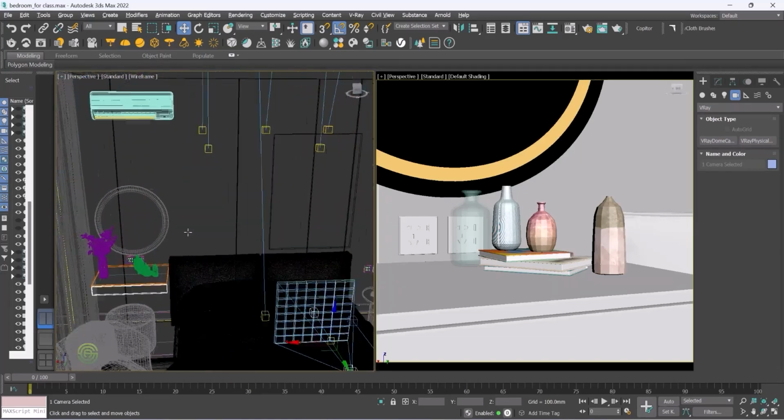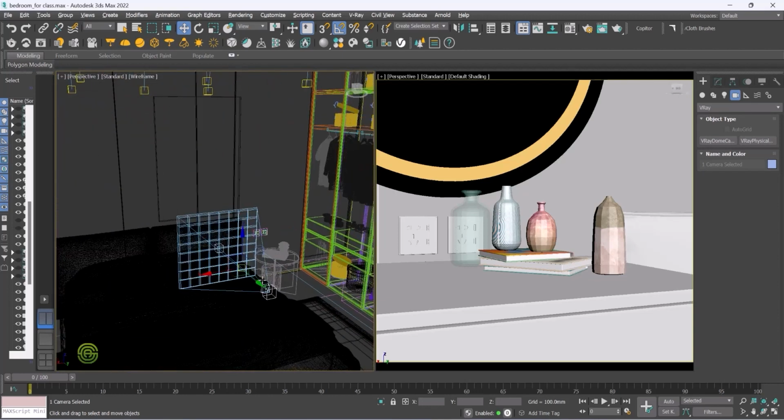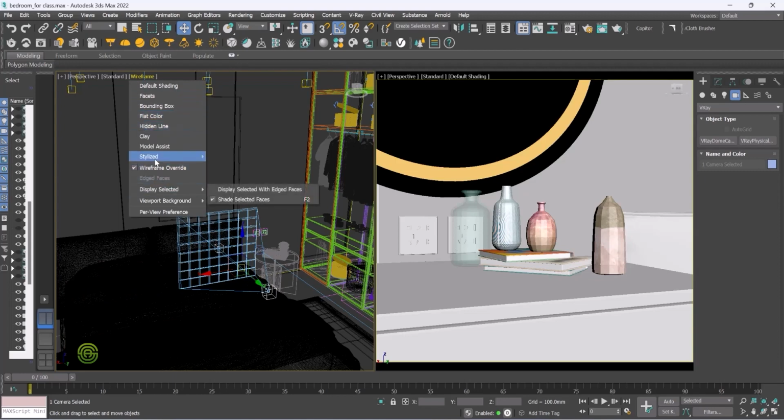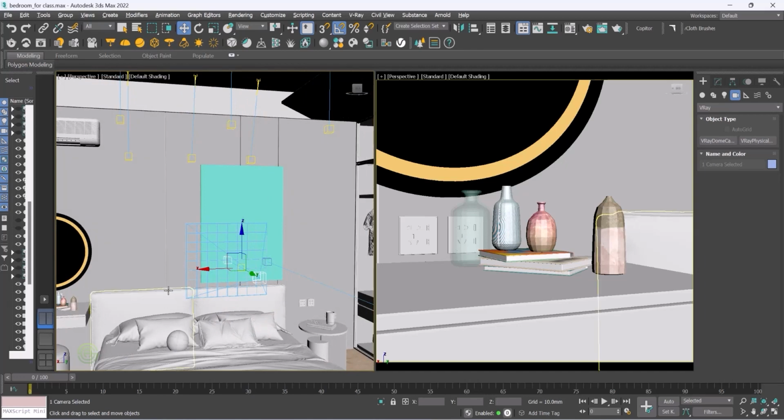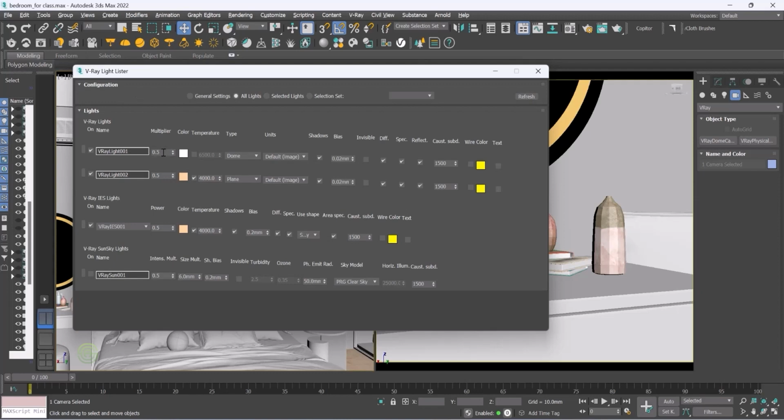So like this, we can place the camera in the center of the room and change this to perspective, normal perspective. Now, before rendering, we have to reset all the light intensities. Just click on V-Ray Light Lister again, and here we have to give the correct values as they were in the previous setup. So give the proper value